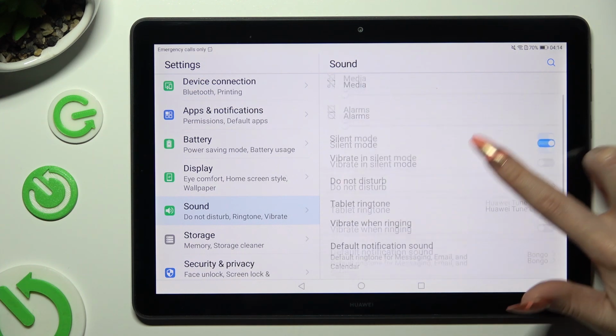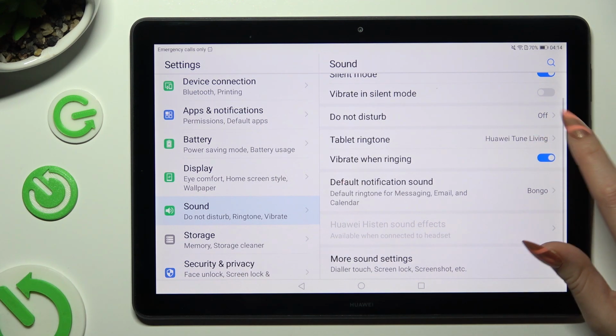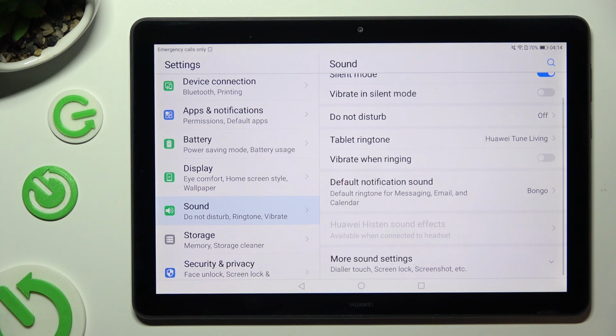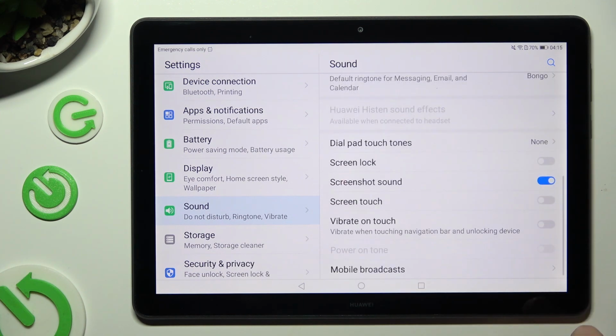Then scroll down just a bit and click on this switcher next to Vibrate when ringing to enable or disable incoming calls vibrations. And last but not least, click on More Sound Settings, scroll down, and tap on this switcher